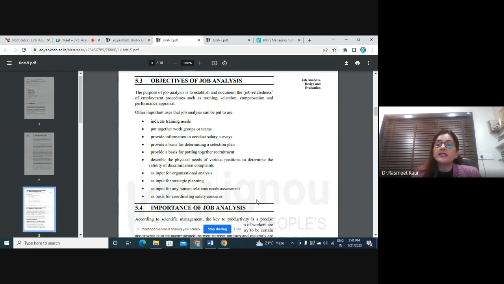You try to understand what is the need of that job in the organization, and how it is going to affect the different, already existing positions in the organization. How you will plan your recruitment process, what salary you should fix, or rather, to put it this way, what should be the wage and salary for that particular job. Job analysis helps you give answers for all these areas.